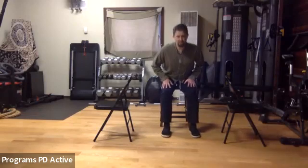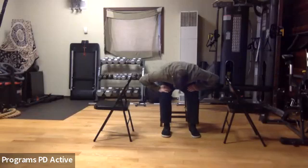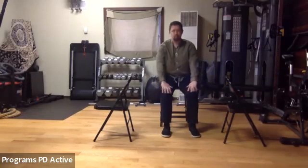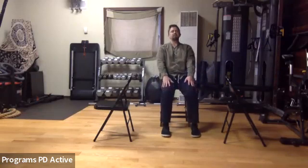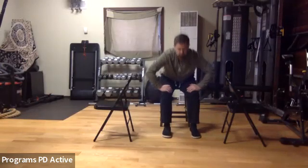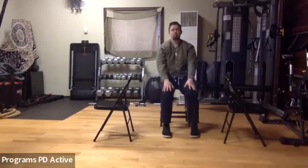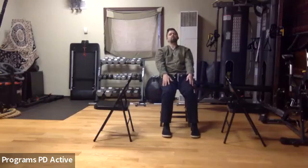Forward folds. Hands on your thighs. Hinge at the hips. Bowing forward. Get a nice deep crease at the hips. And then sit back to vertical. Leaning back. Up to vertical. Folding forward. Up and back, and up,